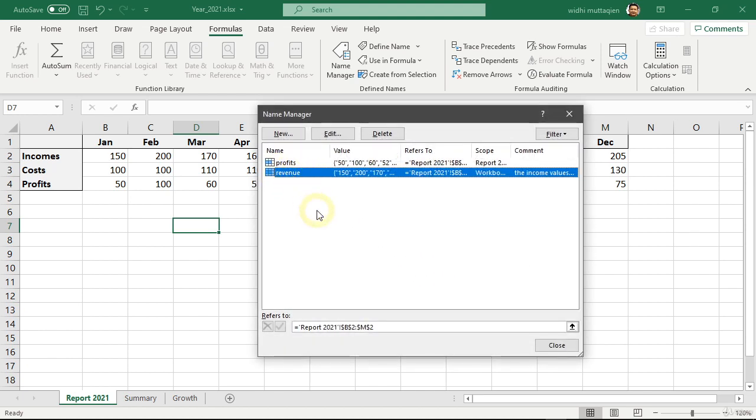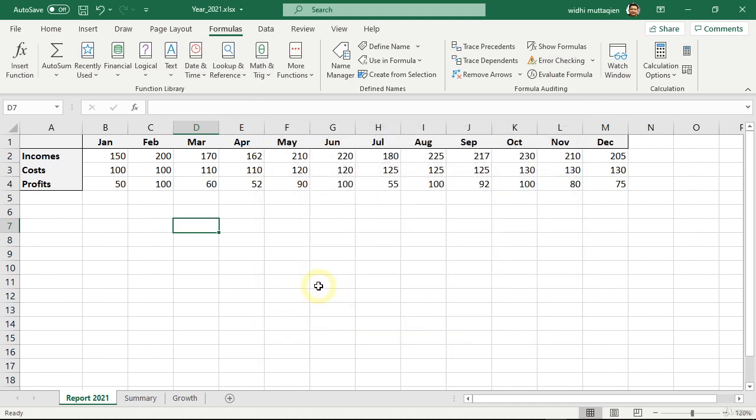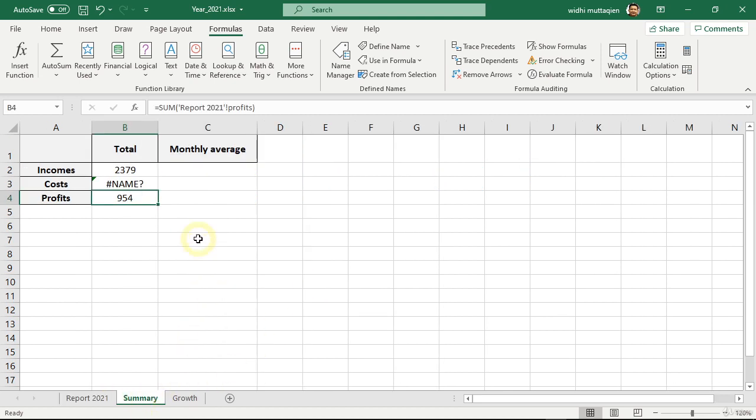Before I end this video, there is one important thing that you need to know when making changes and deleting named references. If you open the Summary worksheet again, notice what happens to the formula in cell B2. Automatically, all references that use the name Incomes_2021 change to Revenue. But if you look at cell B3, the formula generates an error.